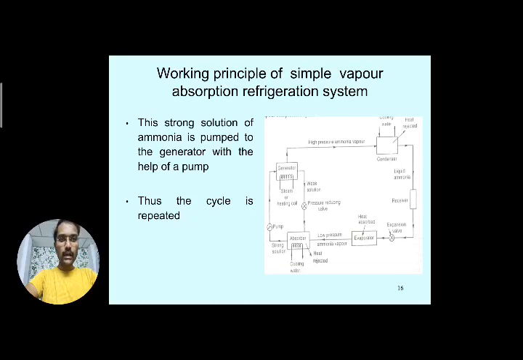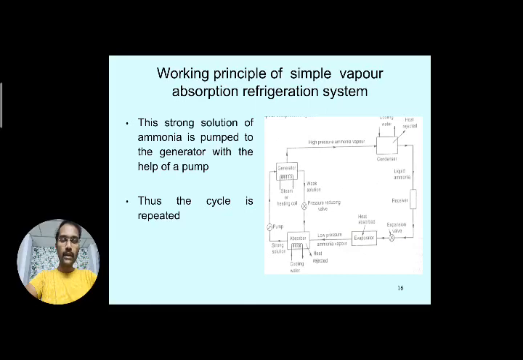So I think you have understood how the replacement of the compressor is taking place. In place of the compressor, what components are you using? The generator, absorber, pump, a small pump, and a pressure reducing valve. And you are eliminating most of the mechanical work here. Compared to the VCR system, due to the presence of mechanical components, vibrations and more noise can be created. So this system is very silent in operation.